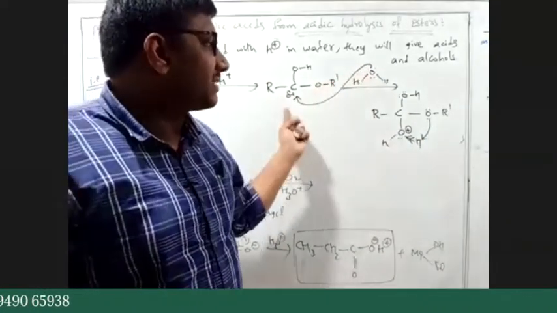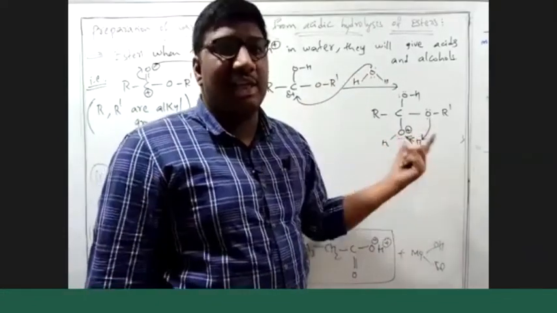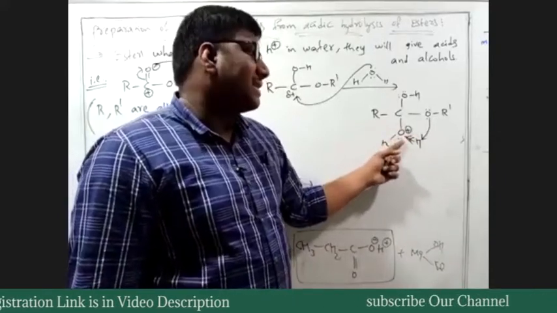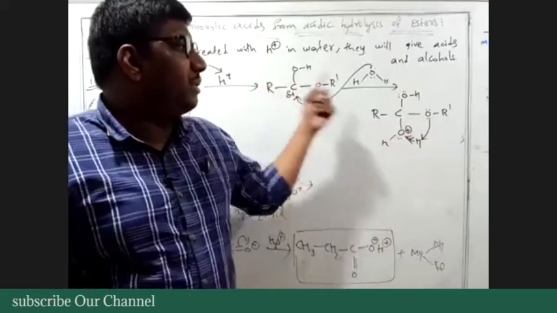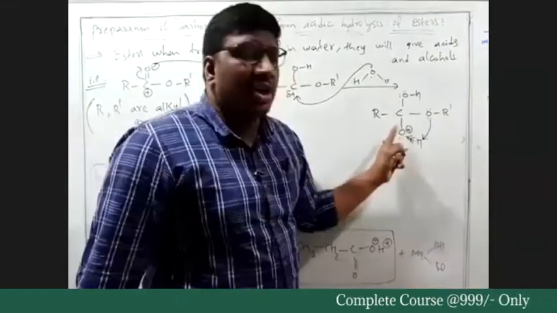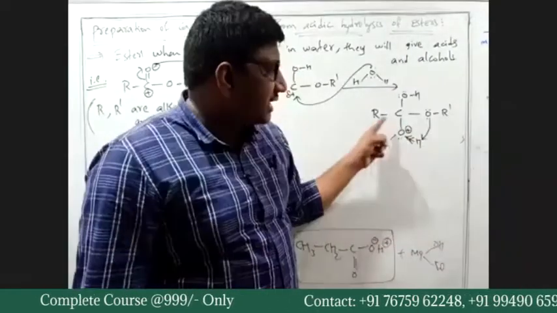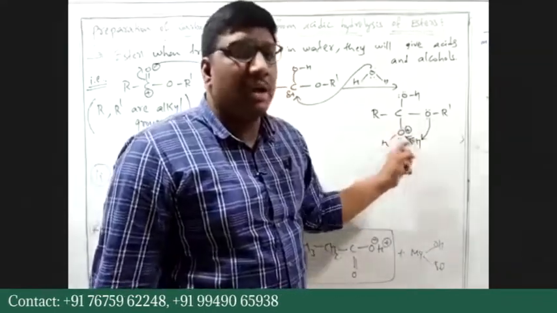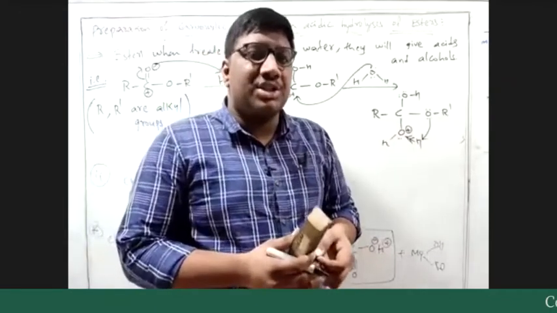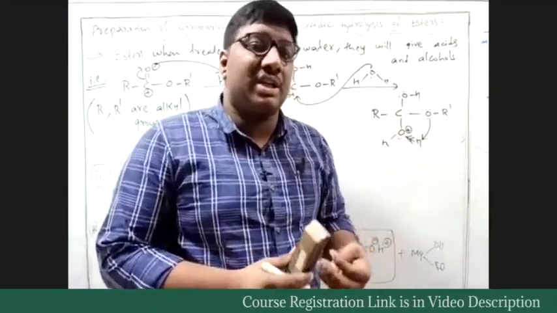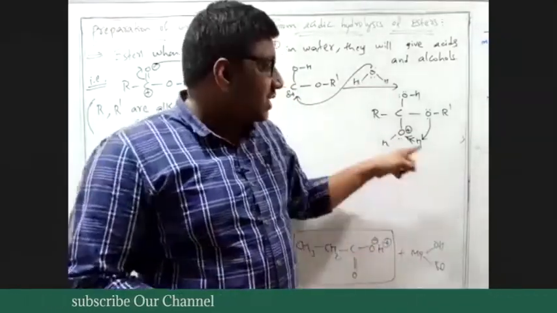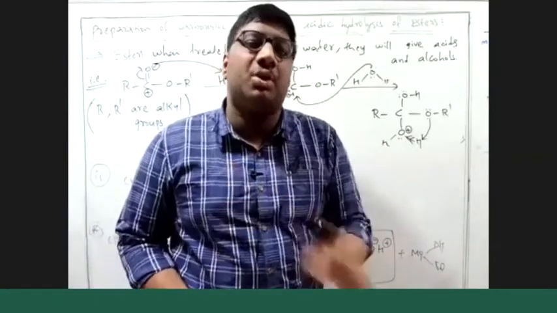As soon as the lone pair attacks, oxygen gets positive charge. Obviously, one lone pair is used in the bond formation. So oxygen gets positive charge. The other lone pair is as it is, and everything else will be the same: OH and OR, oxygen positive, 2 hydrogens. But as oxygen gets positive charge, the OH bond becomes weaker. Yes or no? As oxygen gets positive charge, we have electron density between oxygen and hydrogen. That electron density now tries to move towards the oxygen to balance that positive charge. So the OH bond becomes weaker, but that is not broken.